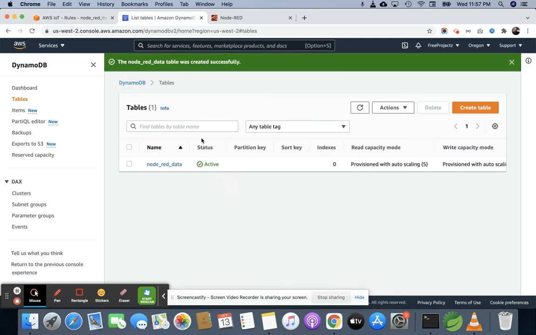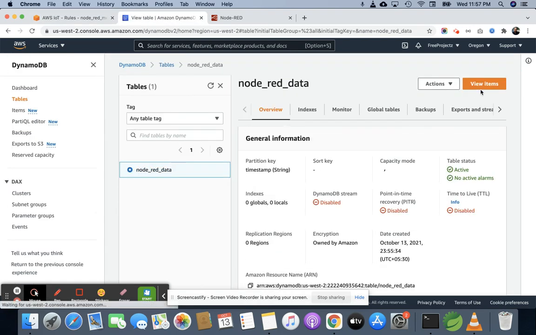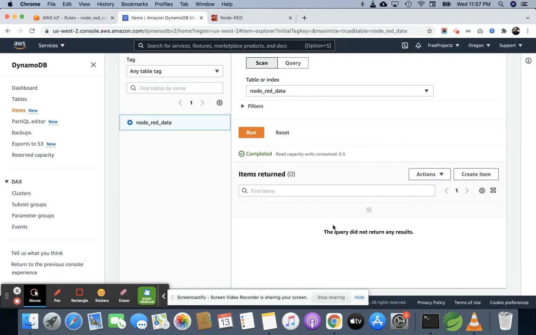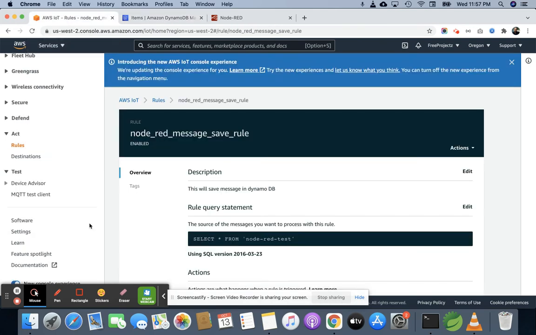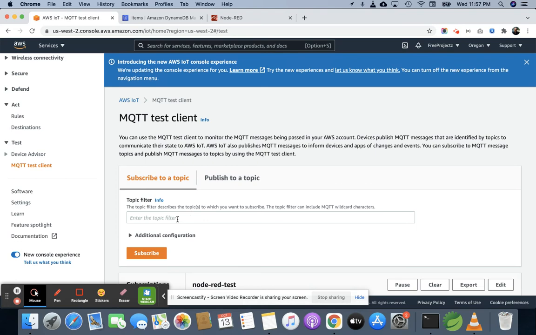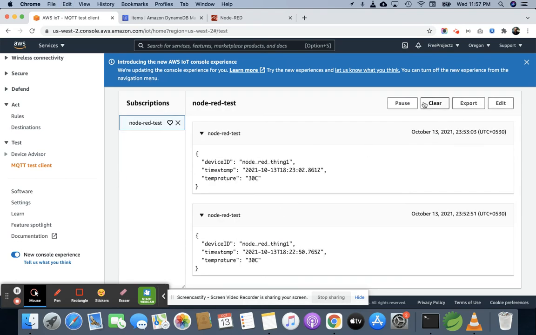Now if you click on node red, once you click on view items, you will not be able to see any items here. Now I am going to the MQTT test client, I am going to subscribe to that topic, and let's see. Yeah, it's already subscribed.